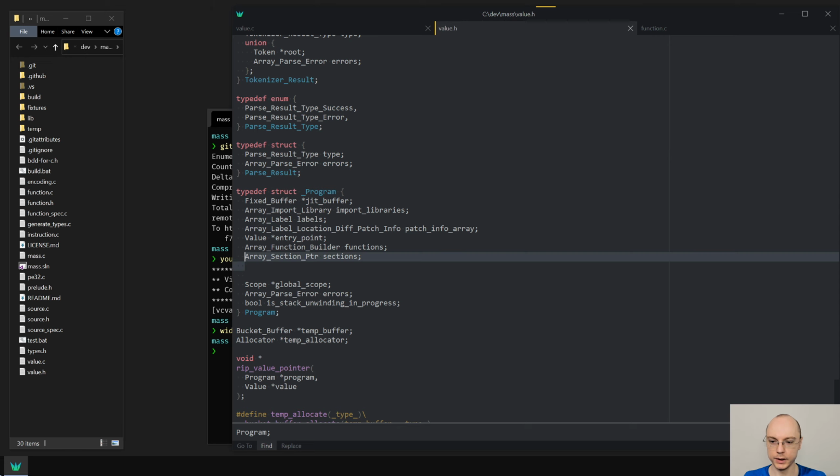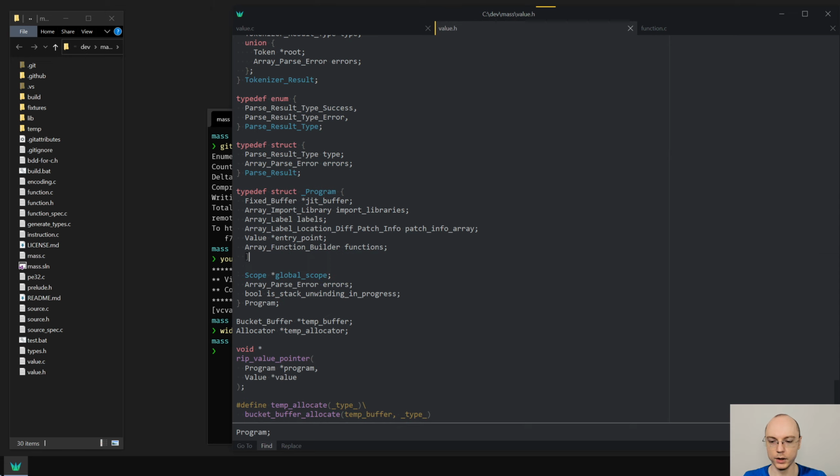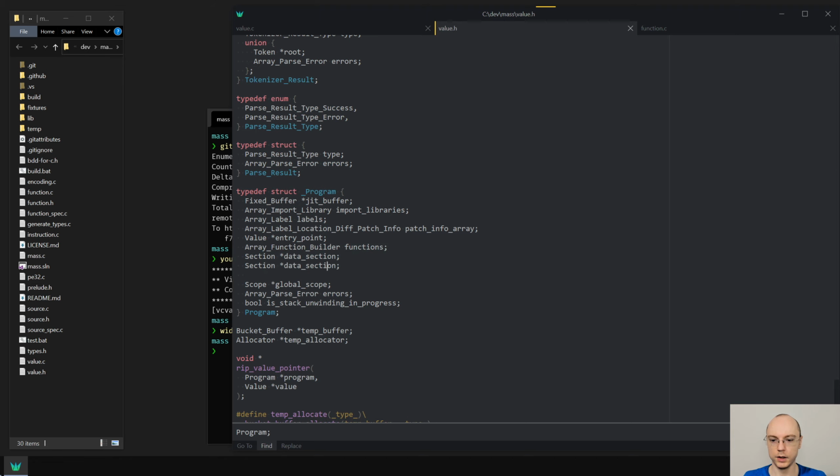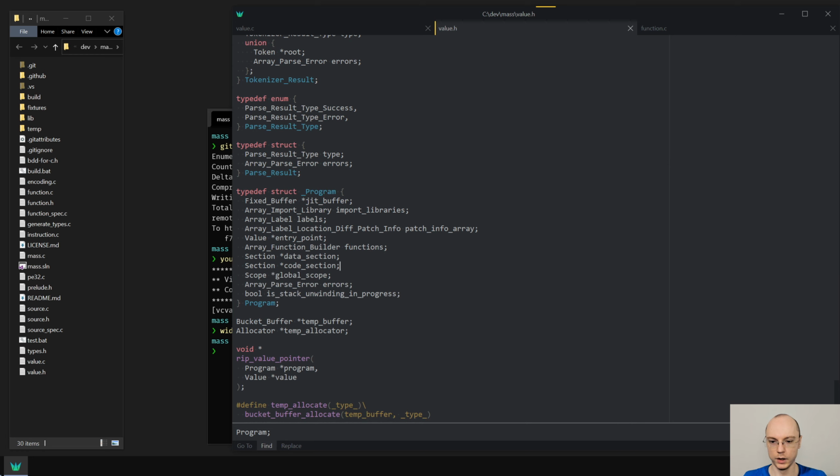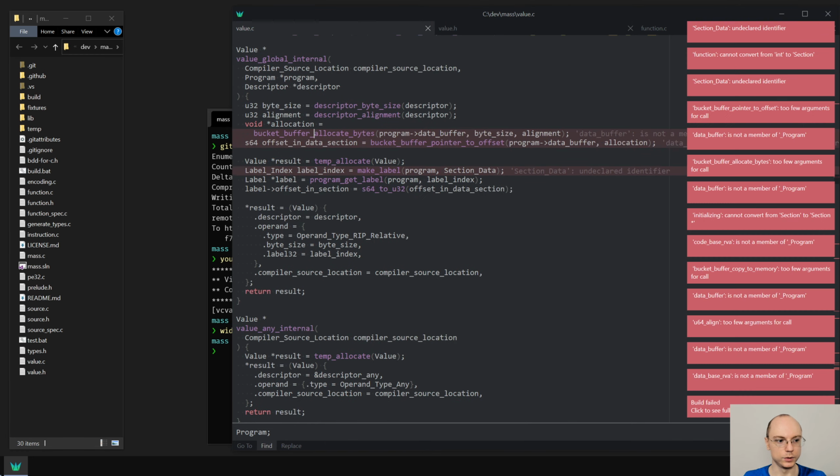Should I then not make it an array, I wonder? Okay, yeah, let's do the minimal change first. I'll just do a data section, and then I will have a section that is a code section. That should allow us to do minimal changes to this. So we will say data section, and then